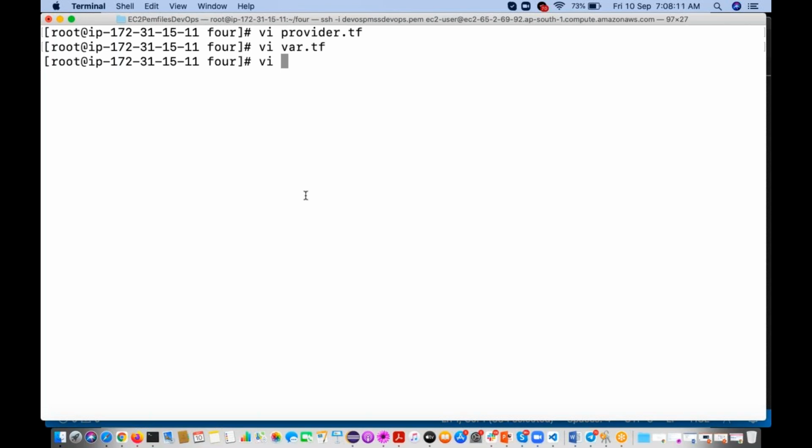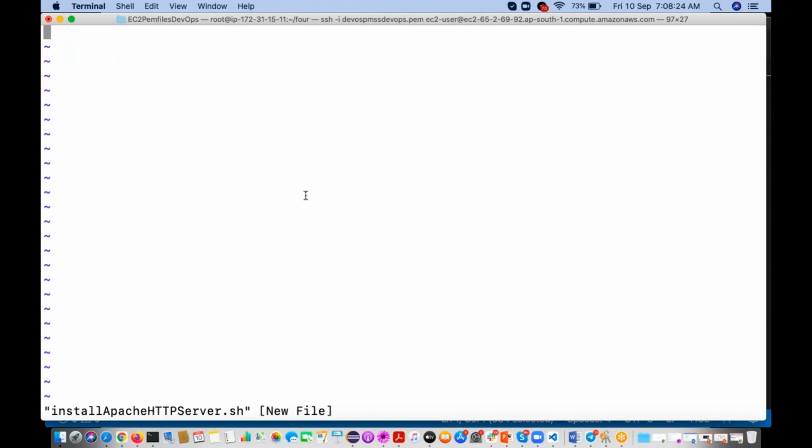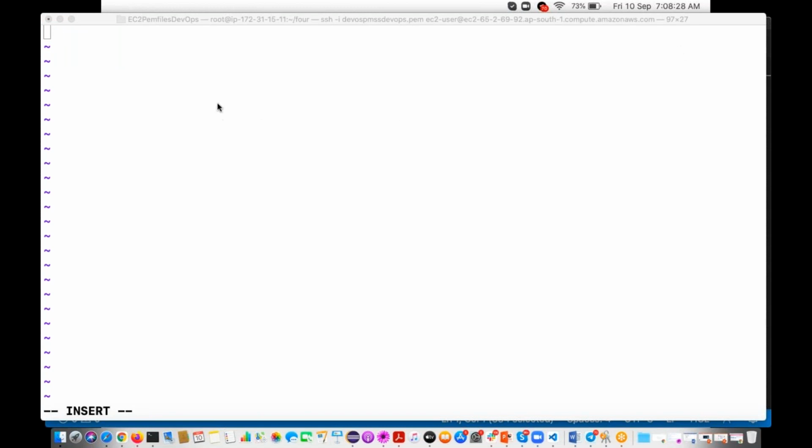Now I'll create one shell script file, install Apache HTTP server.sh. If you want to install the Apache HTTP server, we are going to use yum commands, right?